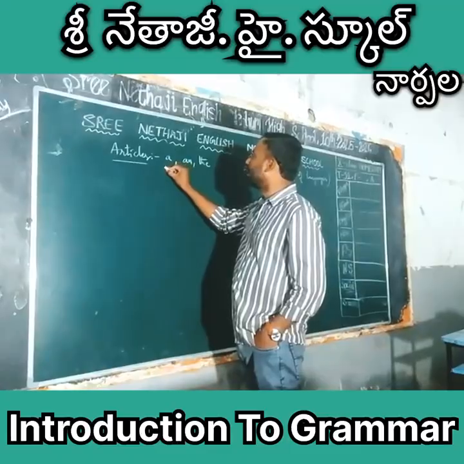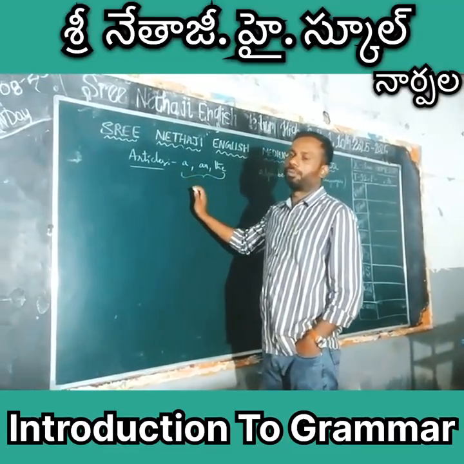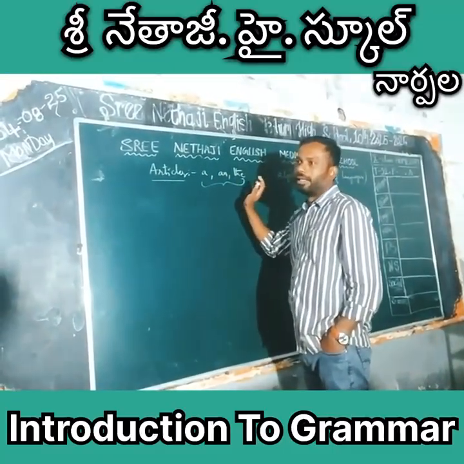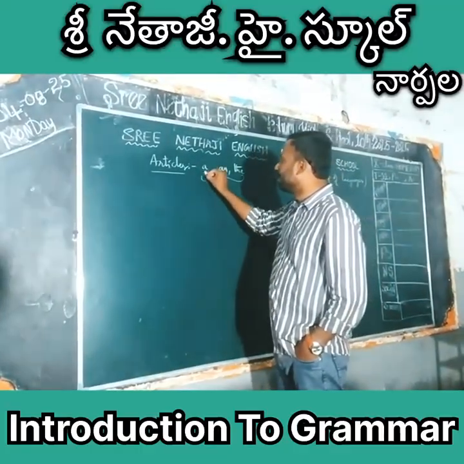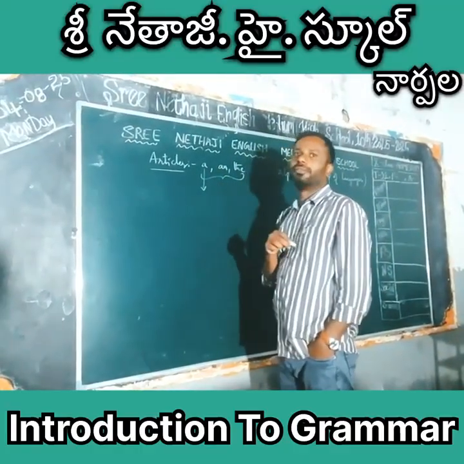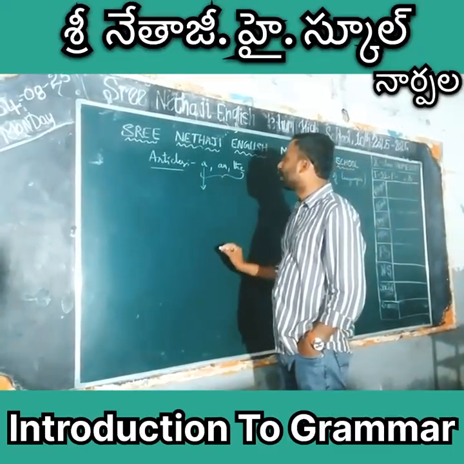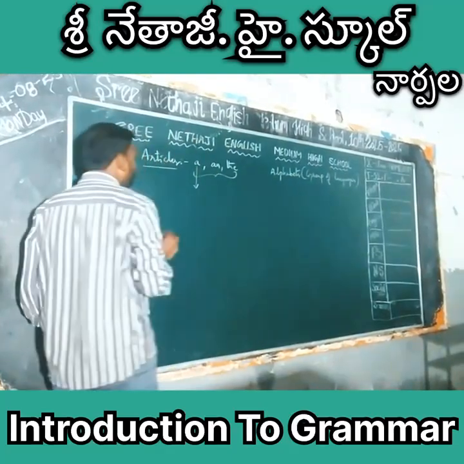What are the usages or what are the positions of these three articles, a, an and the? Let us go in detail. Article A is used for the words that starts with a consonant. What are consonants? So we'll see